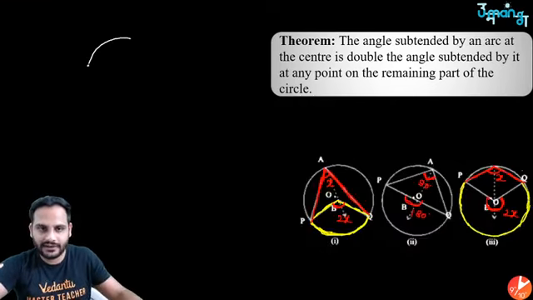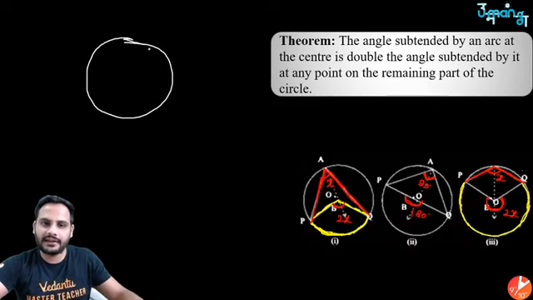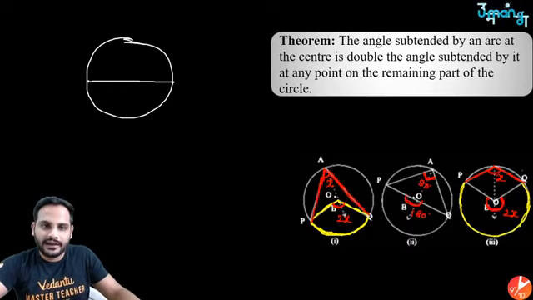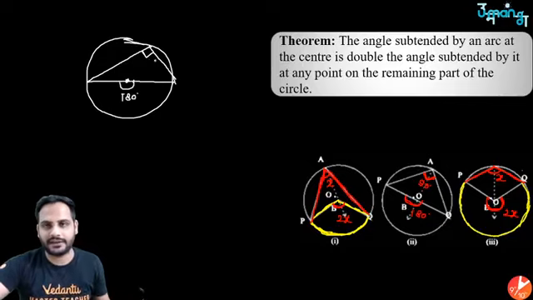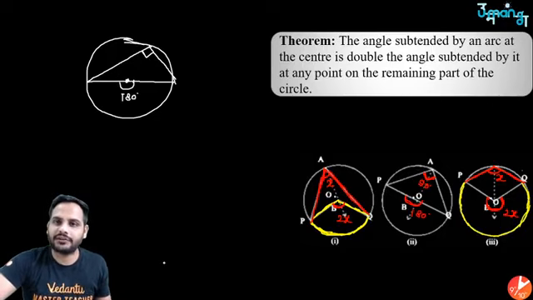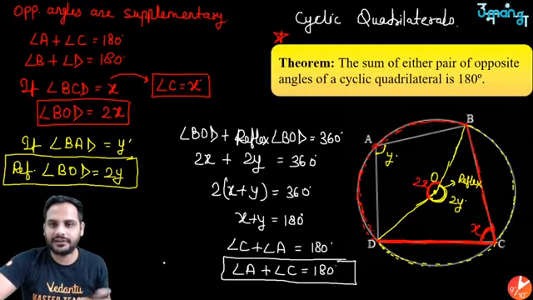So understand this carefully. Suppose I have a circle like this and I draw a diameter, so the diameter is dividing it into 2 parts, semicircles. Any angle at the semicircle that you take will be 90 degrees. Why? Because I know through the center it is drawing a straight line. So if it is 180 degrees, this will be half of it, that is 90 degrees. So angle at the semicircle is always a right angle. Okay? So these are the important theorems along with the proofs.